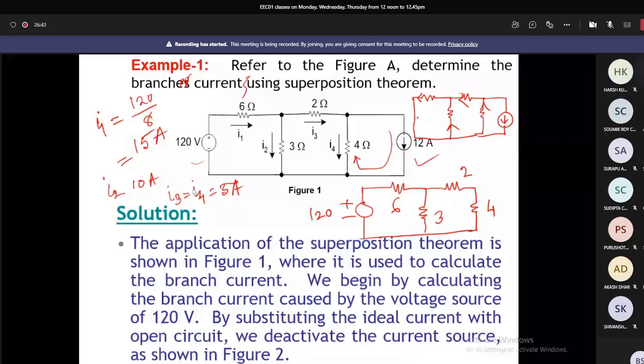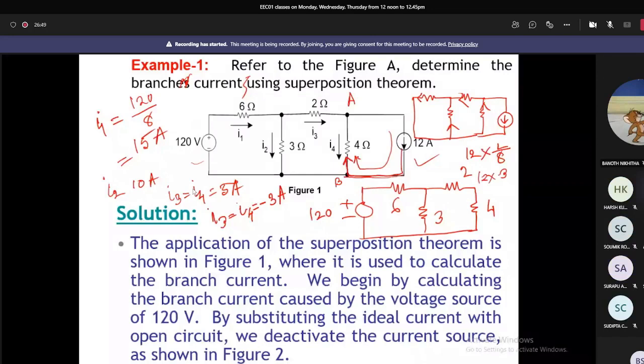Assume I take the convention: whenever the current is flowing from A to B, if I just name it in this way, that is the positive direction. Whenever it is changing the direction, I have taken the minus sign. Then what I am doing, actually, I am just...